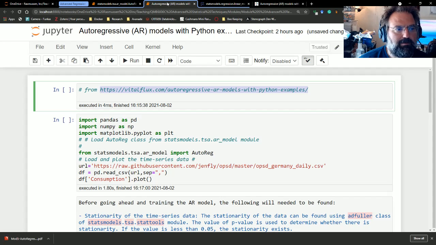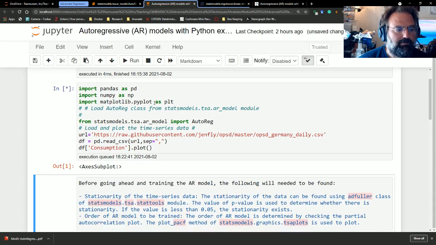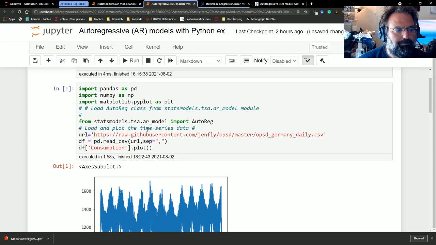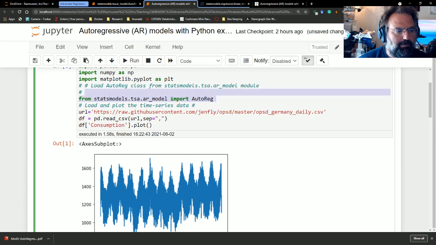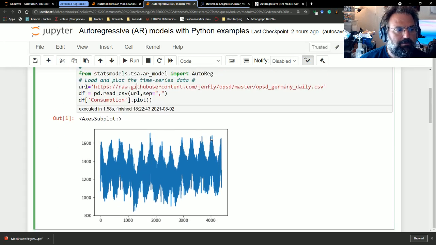So switching back to my copy of their code, we start off with things as we always do. We import pandas, NumPy, matplotlib, pyplot, and then this is the part that kind of matters, right? We're actually pulling in from statsmodels an AR model, so we're actually pulling in AutoReg, and that's autoregression. So we're then going out and downloading some file from a GitHub folder of some values, CSV values, reading them,